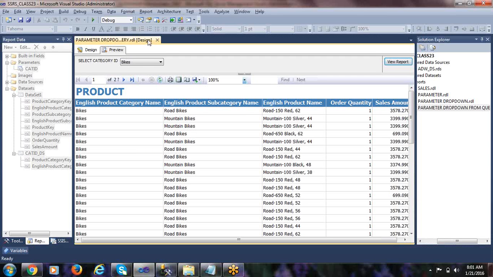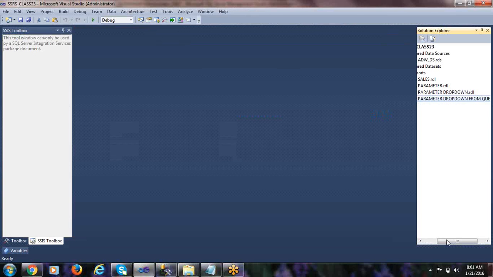Oh, okay, fine. Now, so let's see the default parameter concept. Okay. So now let me take this copy, whatever we have created so far. Let me take that, Control C, Control V. See, copy has been created.